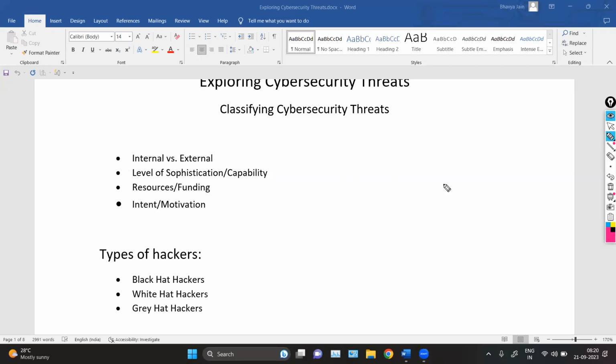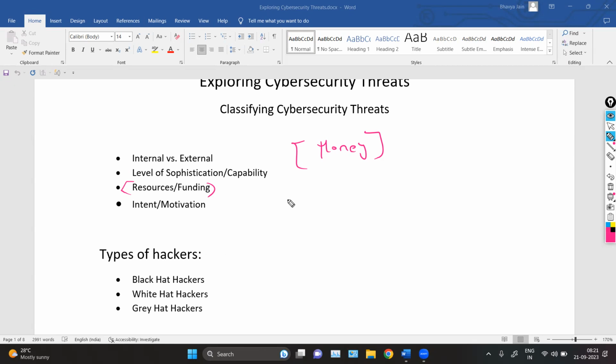Then we have resources and funding. There are many hackers. Some hackers hack for no particular purpose, some hack for some purpose. Let's say there's a group of hackers who hack for monetary value, for money. If they are hacking, say, the Amazon company, there might be any reason for hacking the company, right? It can be money, it can be a monetary reason, it can be reputational risk. It can be anything. So in some attacks, attackers use various resources and fundings from different sources to carry out the attack.